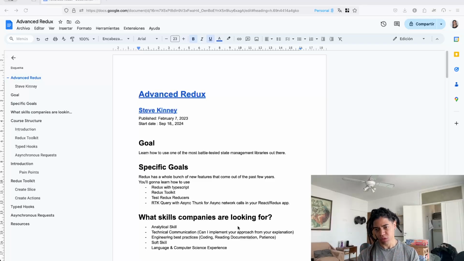What that means is just a brief recap of what this Redux course is. It is taught by Steve Kinney, head of frontend engineering at Temporal, who previously worked at several companies, one of them Twilio. This advanced Redux course is not going to dive into the fundamentals of Redux or the problem that Redux actually solves. We can only briefly describe that. And the reason why we get here is